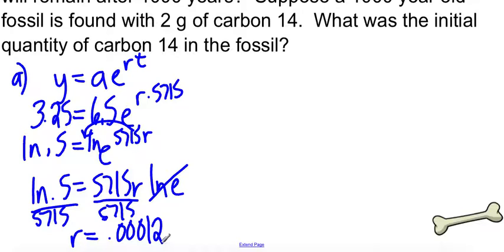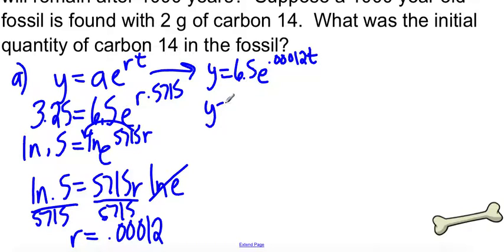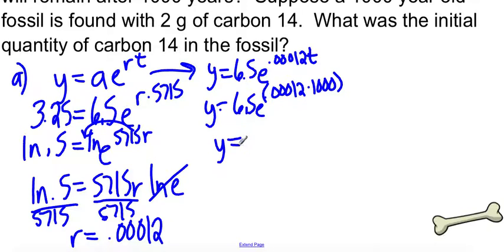The question was asking how much carbon we are going to have after 1,000 years. So go back up to our model. We know that we started with 6.5 grams, and now we know our rate, 0.00012 times t. So we can find out how much carbon we have at any time using that. They want to know after 1,000 years, so 6.5 e to the 0.00012 times 1,000. And when we plug that all into the calculator,